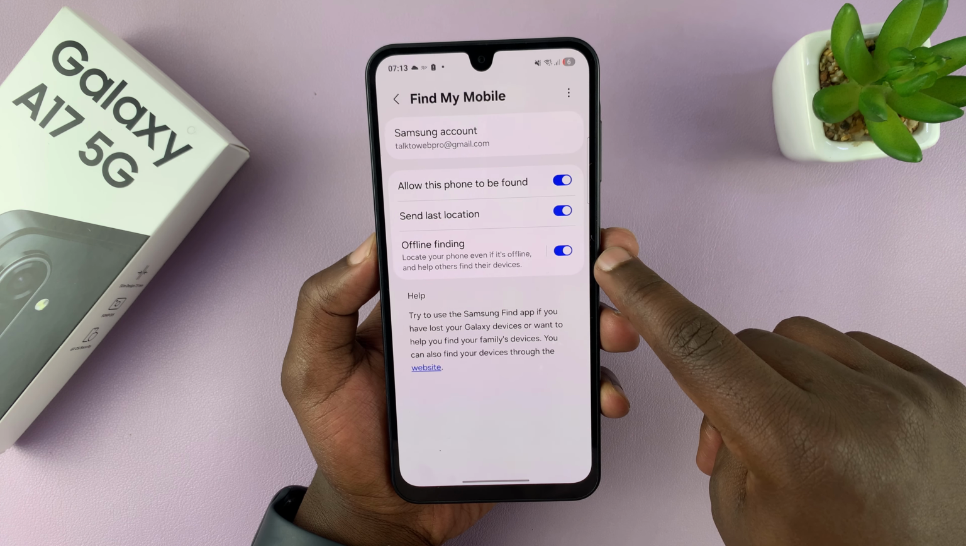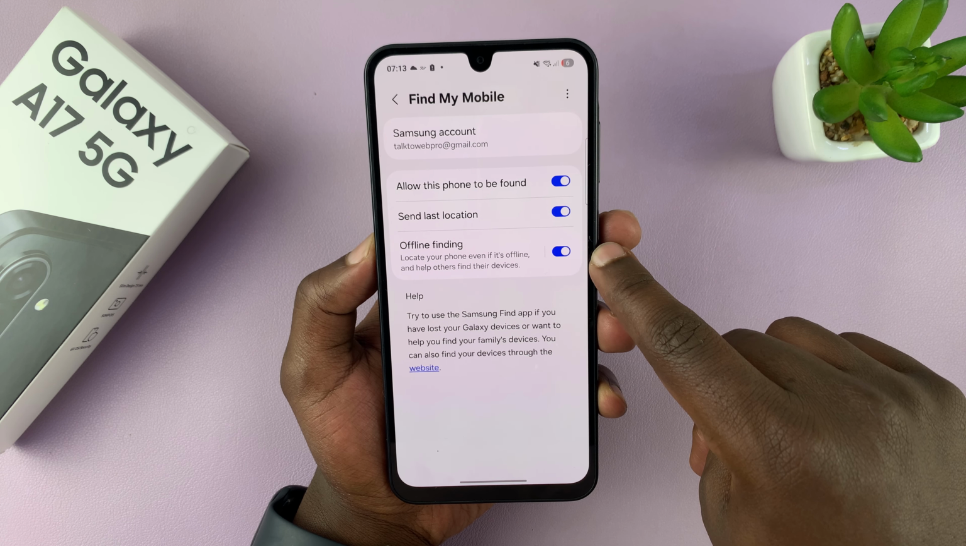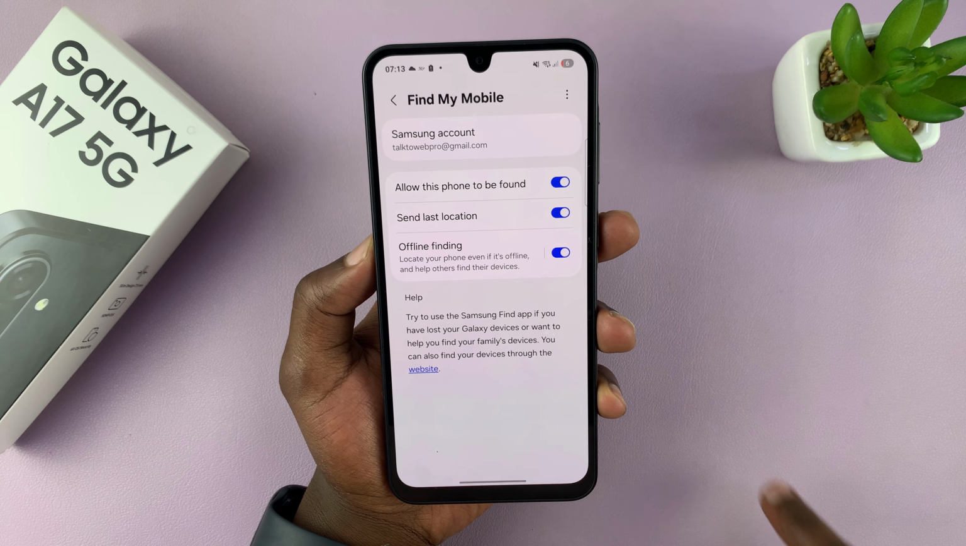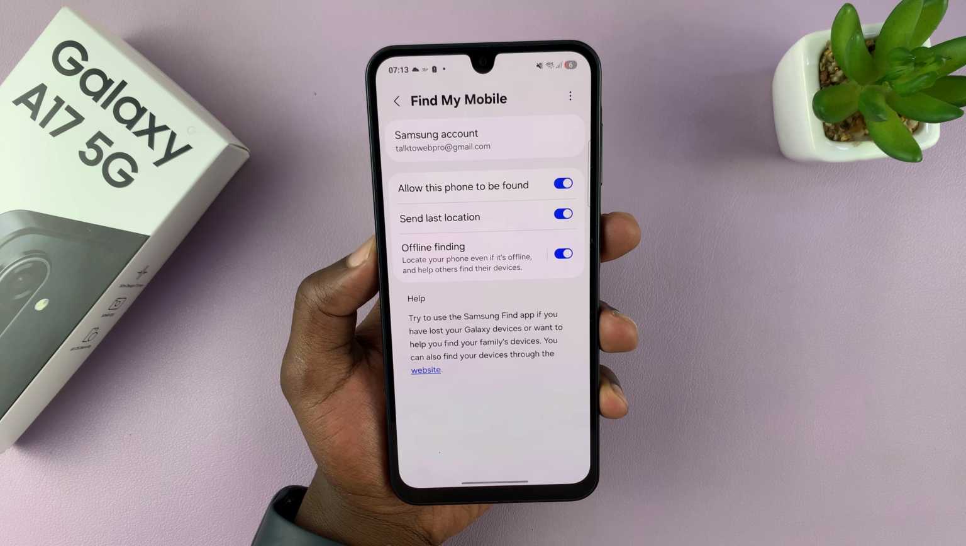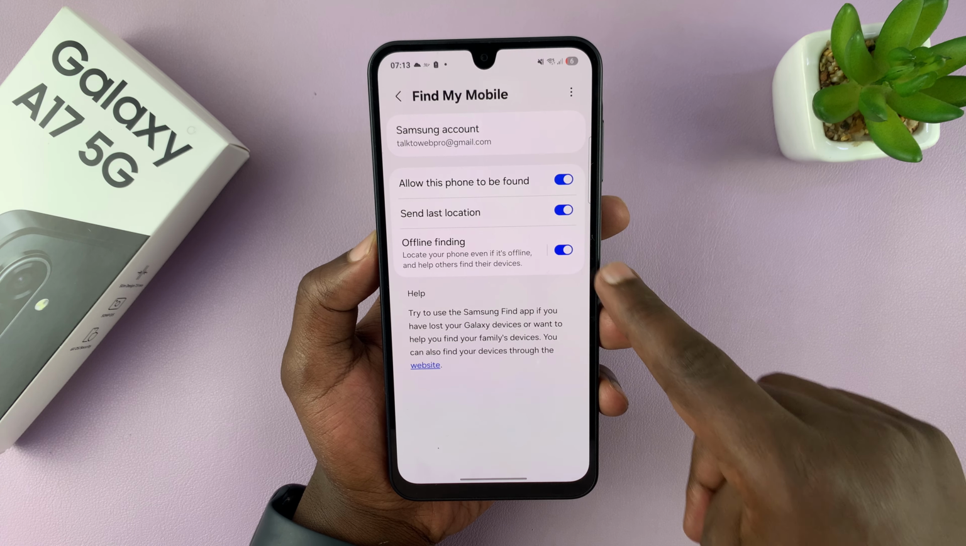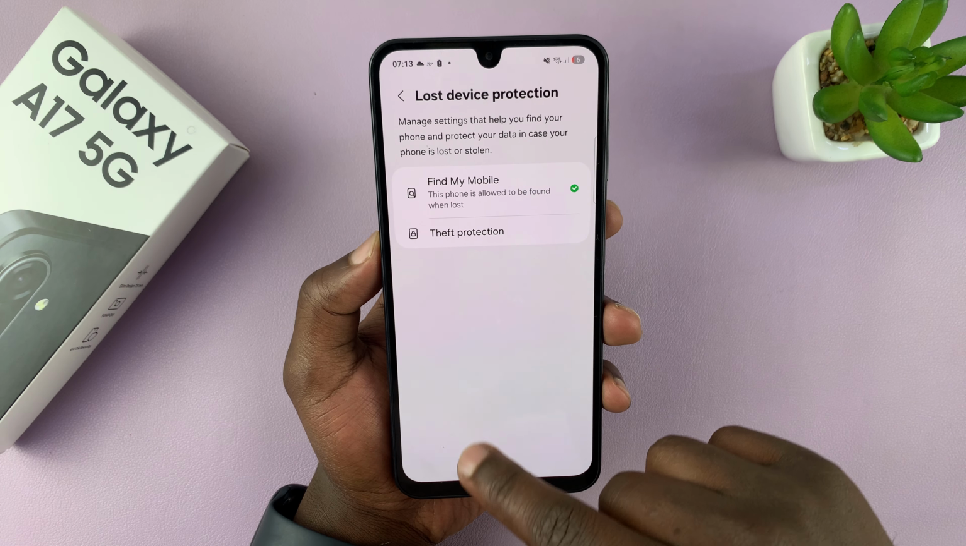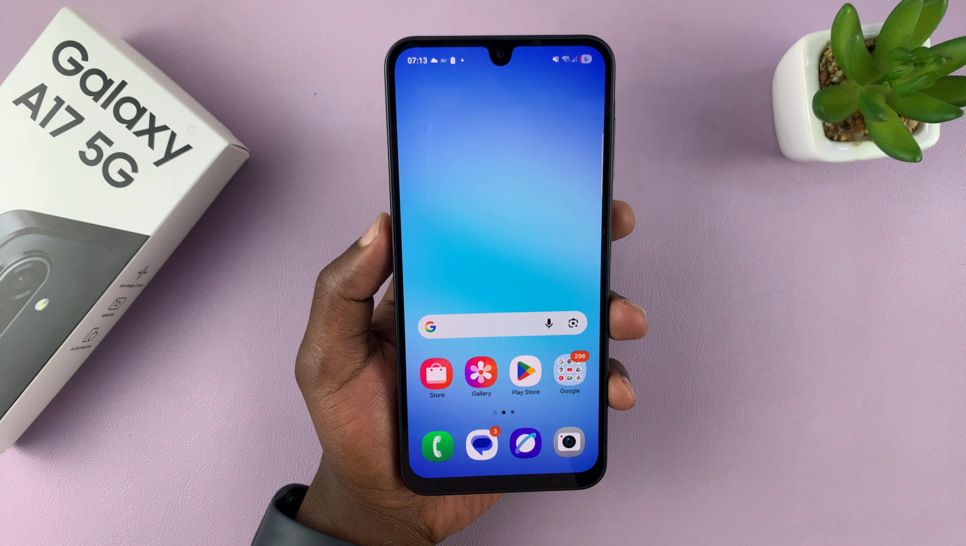Now you can also choose to enable offline finding, which basically allows your phone to be located even if it's offline. Okay, so that's how to enable and set up the Samsung Find or Find My Mobile on your Galaxy